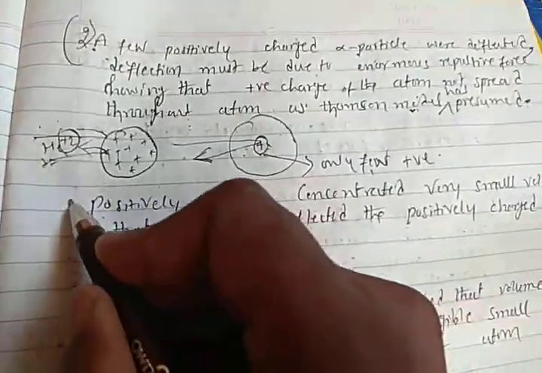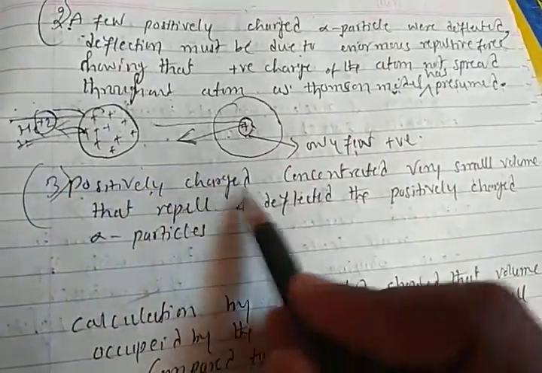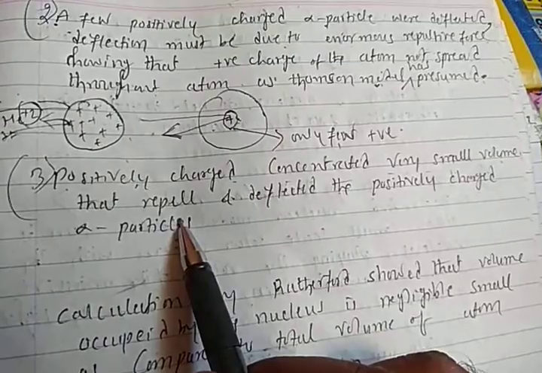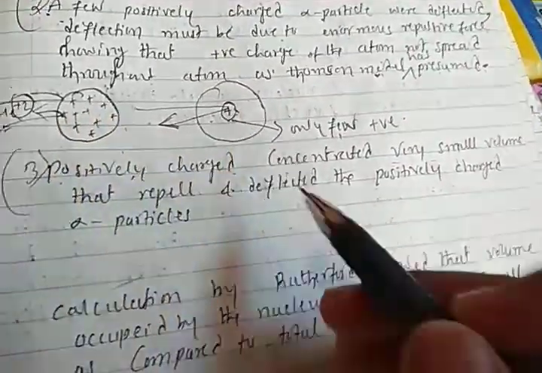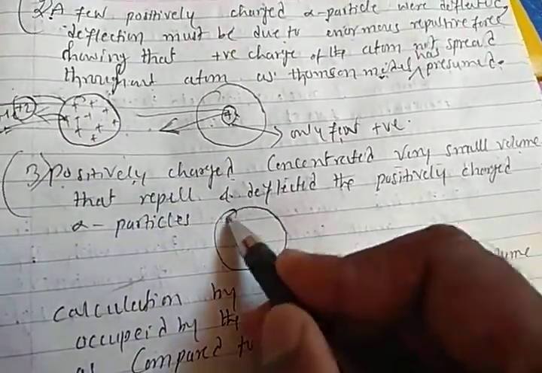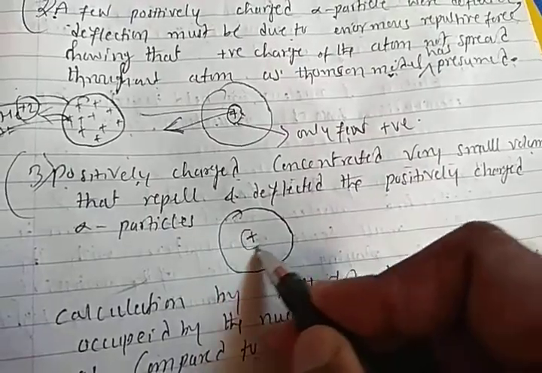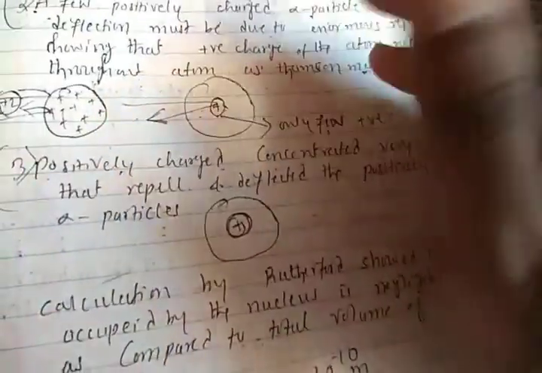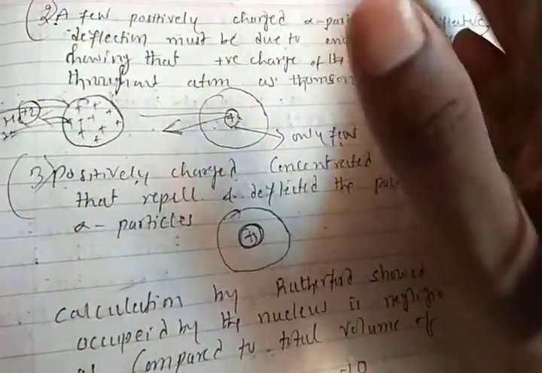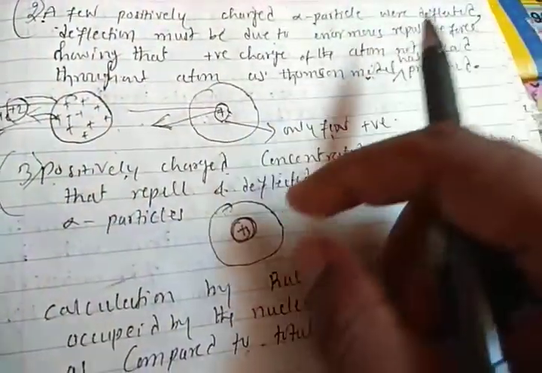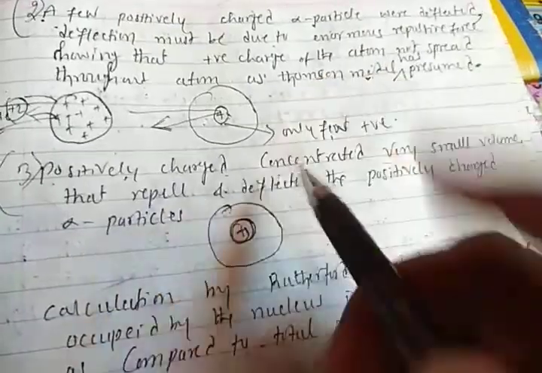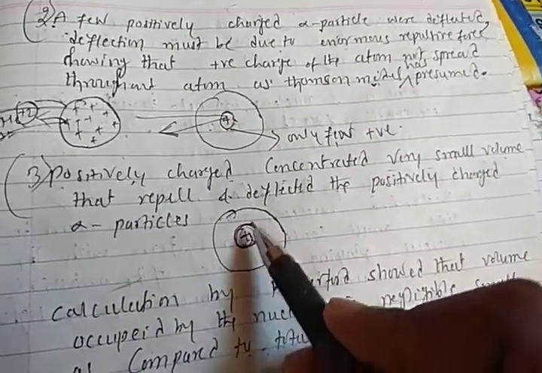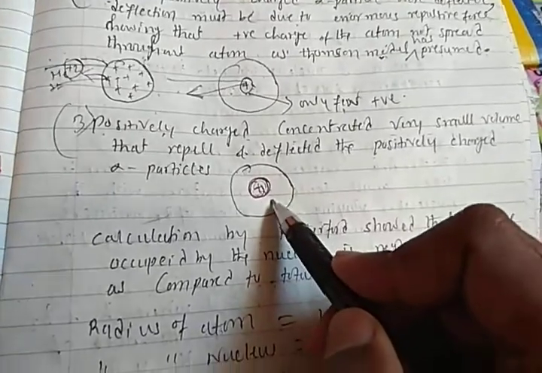So the third point: he observed the positive charge particles are concentrated in a very small volume. Positive charge particles are not distributed like this. They are concentrated in a small volume. It means all the positive charge, whether 1, 2, 3, 4, 5 protons, is concentrated at one single position in a small volume. They occupy a small volume out of the atom. Questions?